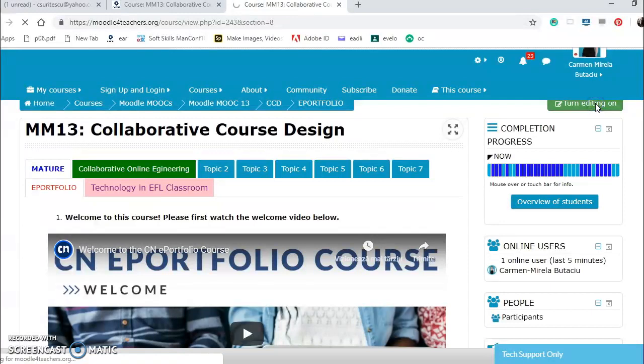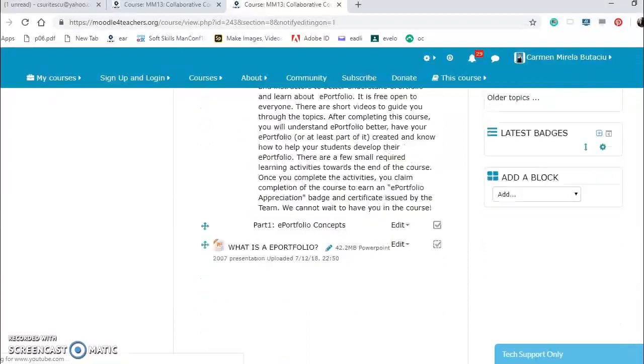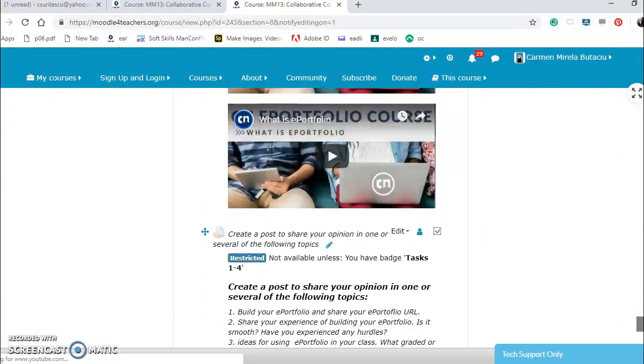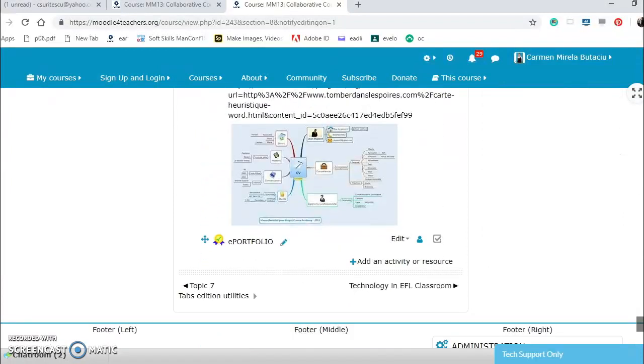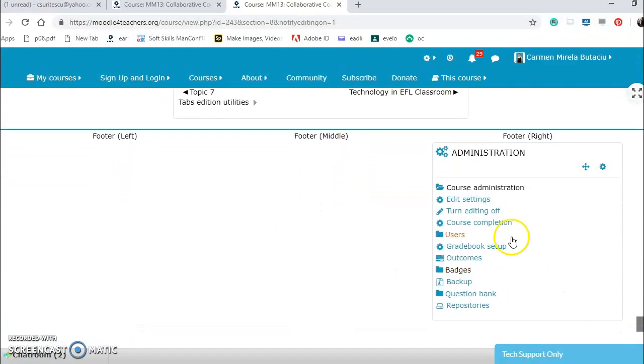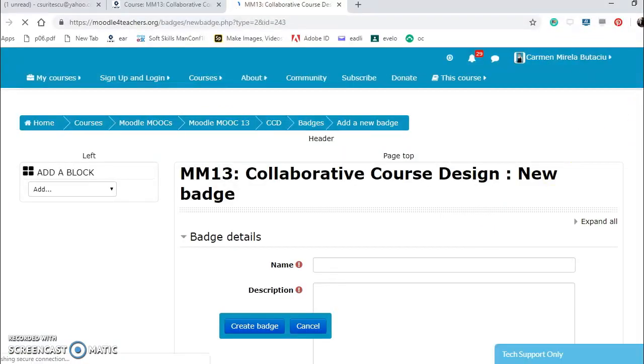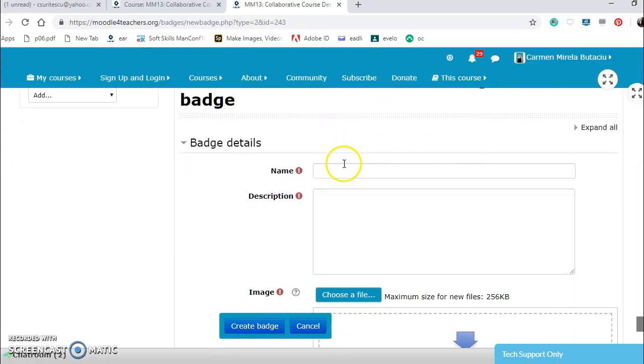I turn the editing on, and under the administration part, navigator, which is the block down under the course, I choose badges and add a new badge. I call it special because it has an S on it. Okay, and I will write